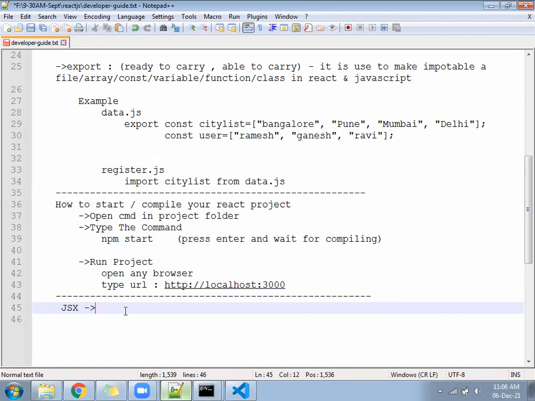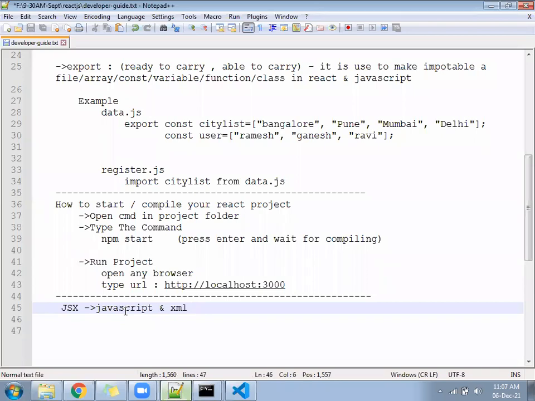Okay, so JSX is called JavaScript and XML. The full form. The code what we have written today, H1 open close, division open close, hello open close, all are following the XML rule. So because of that, it's like JavaScript code you are writing, HTML code you are writing together based on XML rules.